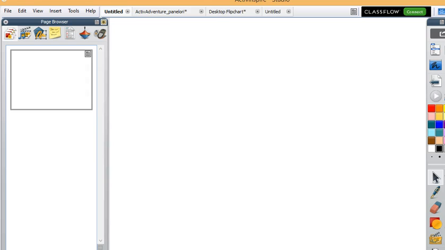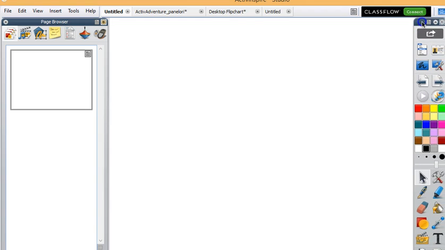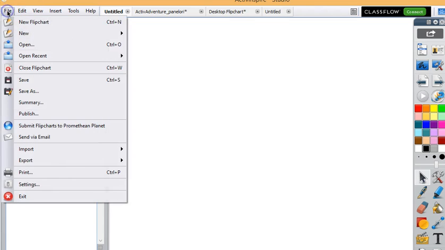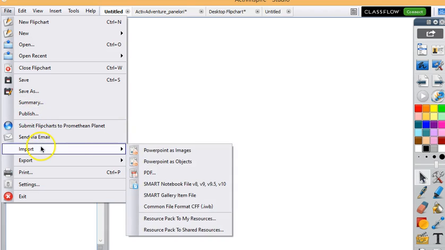So I have opened up ActivInspire, and this time instead of opening something that I'm working on, I'm going to import from PowerPoint. Now if you remember from one of our previous videos, you could import from PowerPoint from the dashboard, but this is just a second way to get there. So if you go to File, Import,